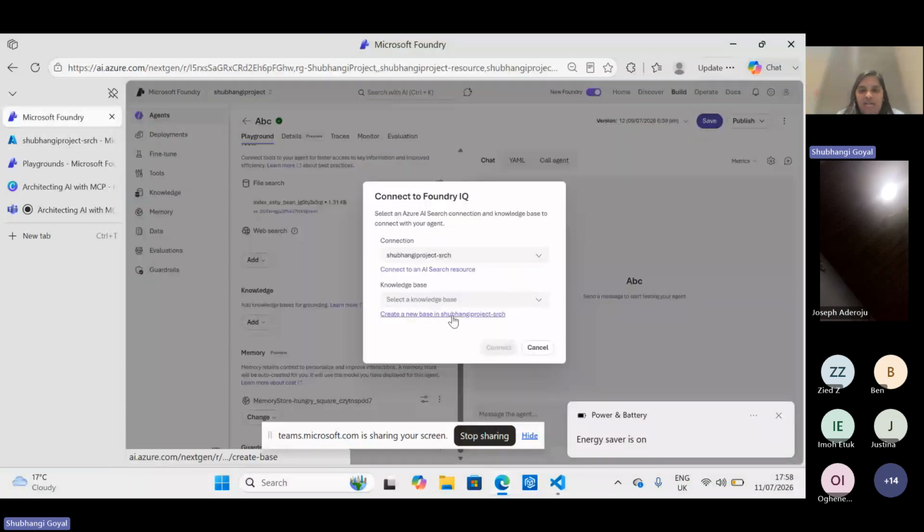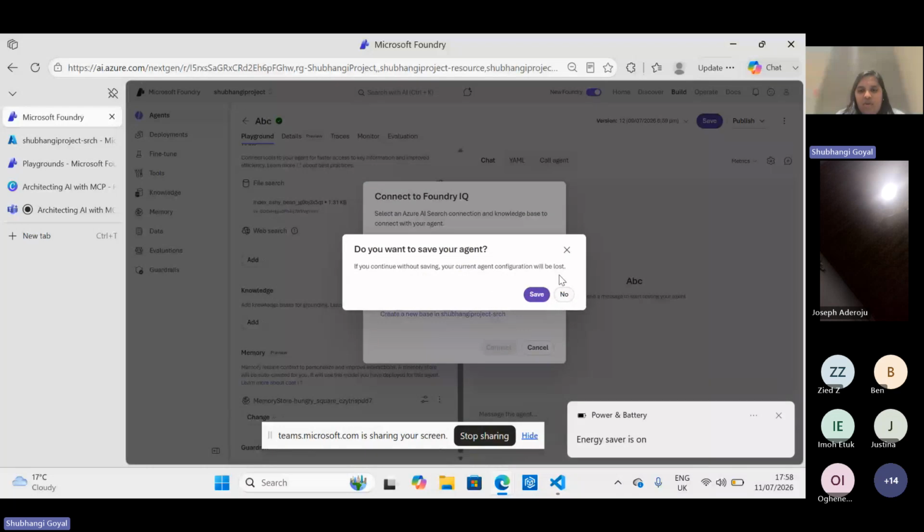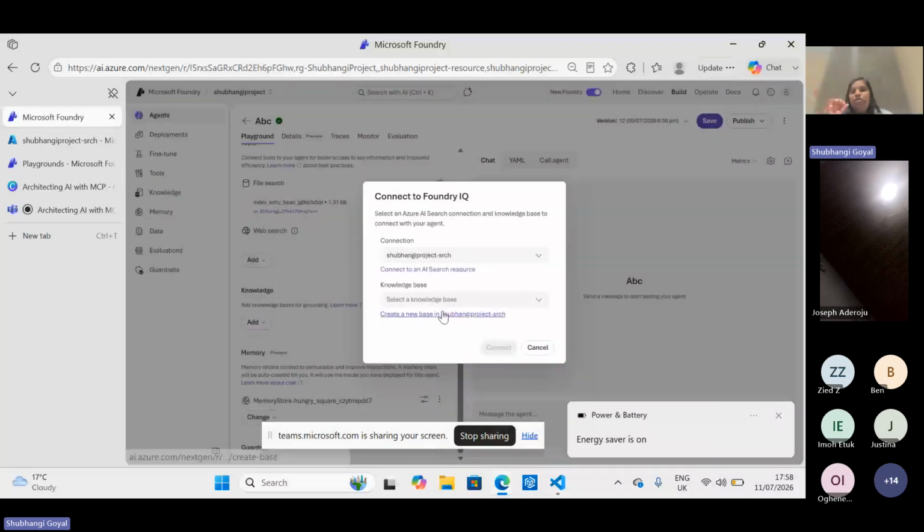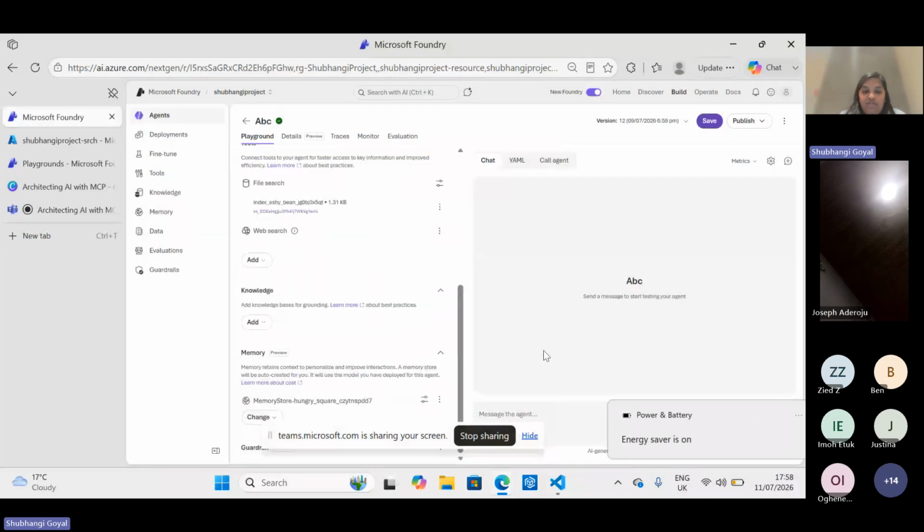So for example, if I create a new base, oh, I will have to go. So if you have to create a new base, you can basically create using Foundry IQ. You can also create combined knowledge bases in Work IQ, Foundry, and Fabric IQ. So essentially make sure that you have done your data engineering, the data structuring, really, really well, so that your agent actually works effectively.